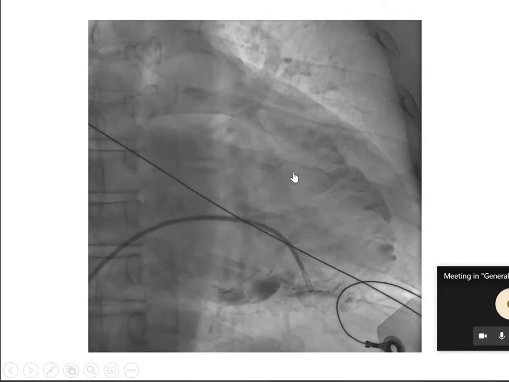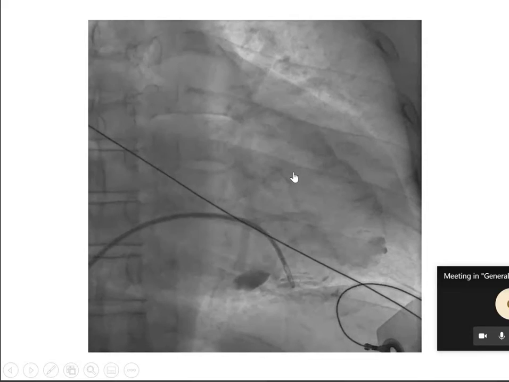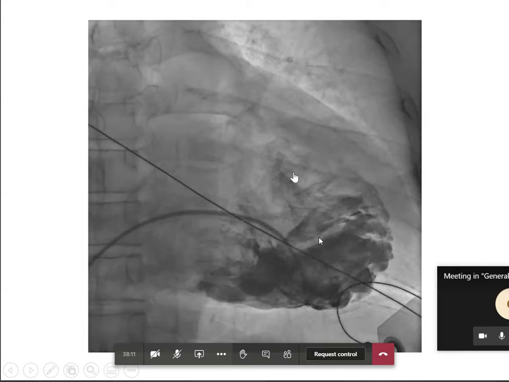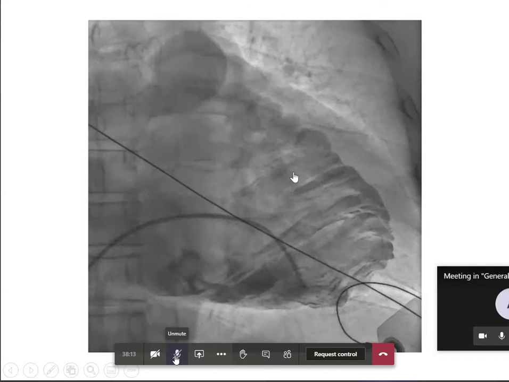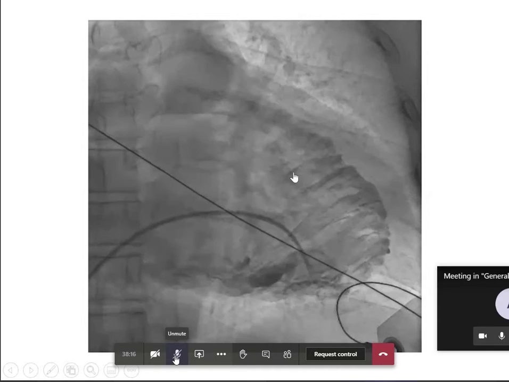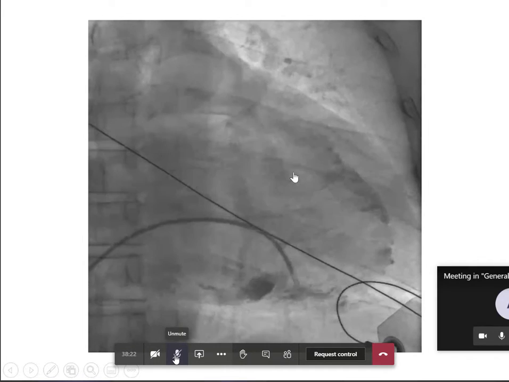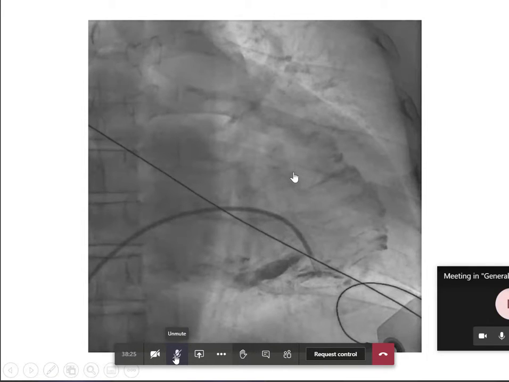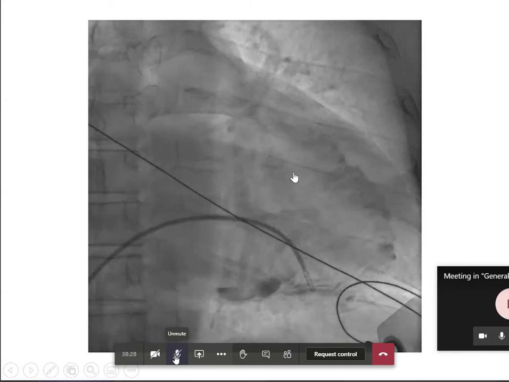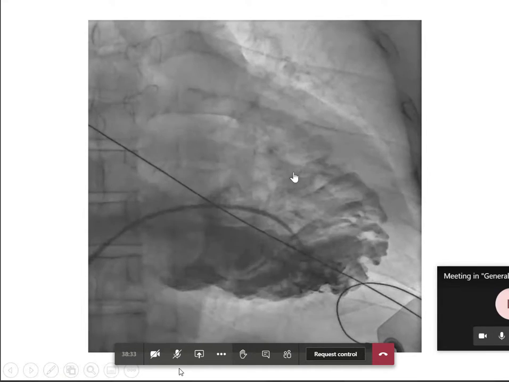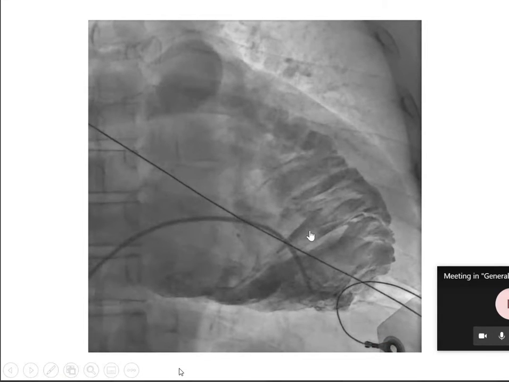And what is the characteristic feature of this right ventricle? Stacked coin appearance. Trabeculations. What is the peculiarity of the trabeculations? Is there any particular appearance? Stack of coins. Stack of coin appearance is indicative of ARVD. Very good. You can see that this looks like a stack of coin appearance in the ARV. Okay.